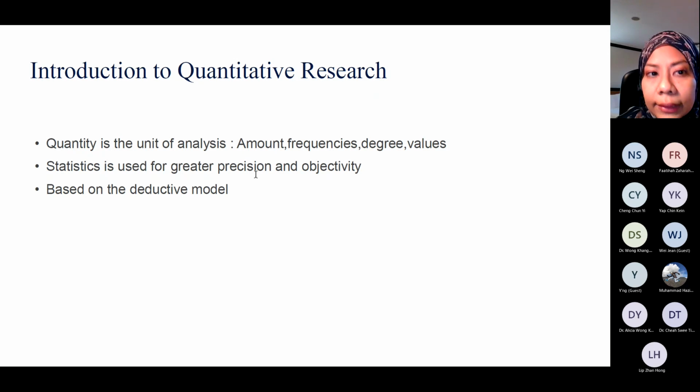Quantitative research is about statistics, and statistics is used for greater precision and objectivity. Because when we use numbers, definitely it's related to precision. It's precise, it's exact, and it's very objective. Whenever we choose quantitative research, it is always based on a deductive model. We already have a model, and normally we want to test whether or not the model could suit the data and whether or not the model can represent the result that we want to have.